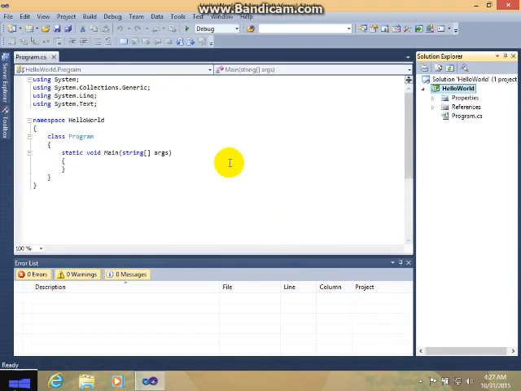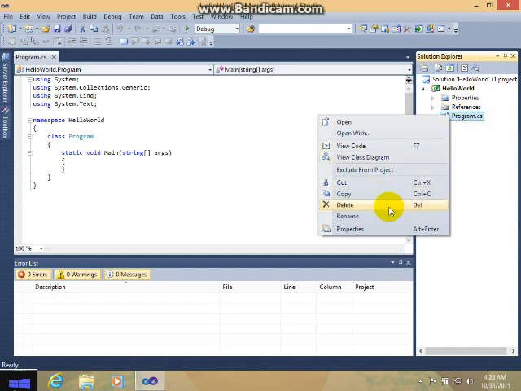Okay guys, and here is Visual Studio. If you are not familiar with it, it is your main user interface where you can type in the code. Now, Program.cs will come up, created on its own, but we don't need that.